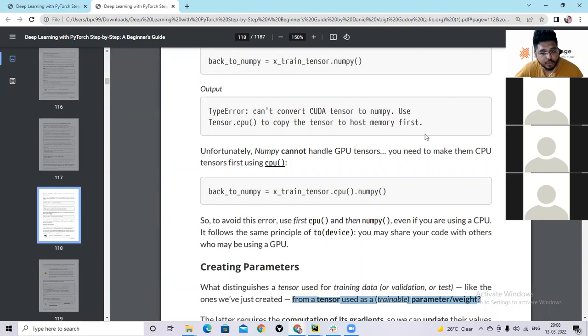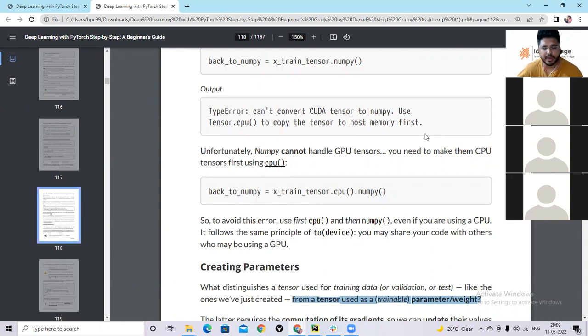Now, what is the core difference between these two types of data? The core difference is that we require the gradients of a learnable parameter. Do we require the gradient of x and y? No, because they are not learnable parameters.